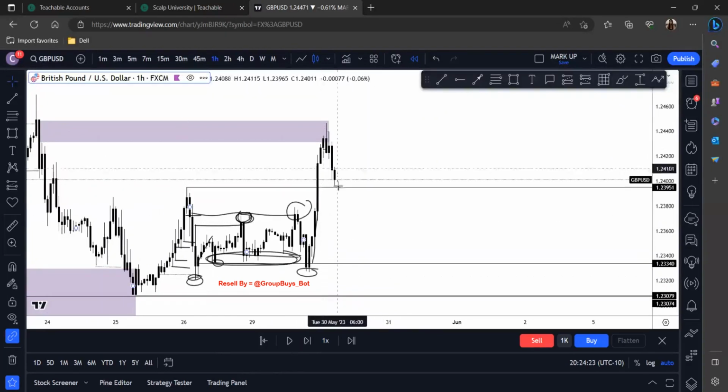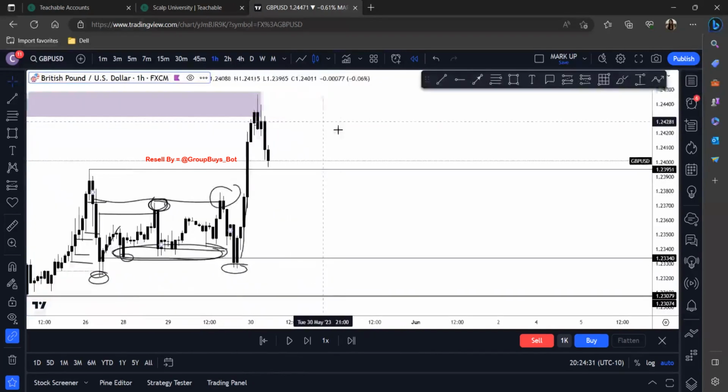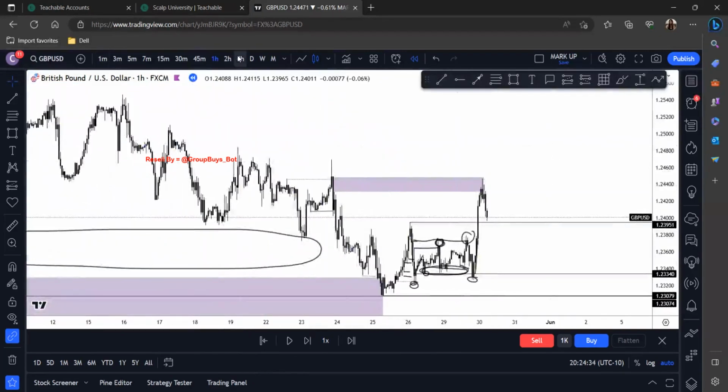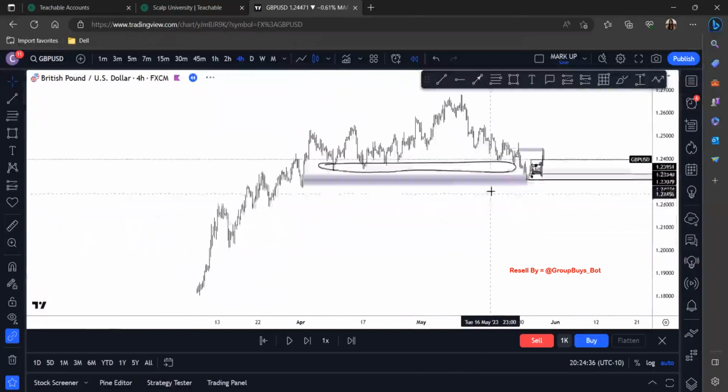And then you see how price is coming down, right? So this is where you would have your trading range again. This would be your new trading range, from this low to this high. Okay. And then the same thing happens over and over again. So, this is happening on the 4-hour time frame scale.